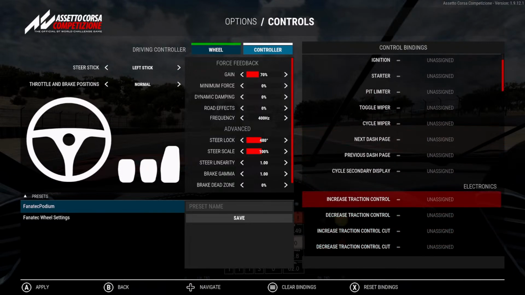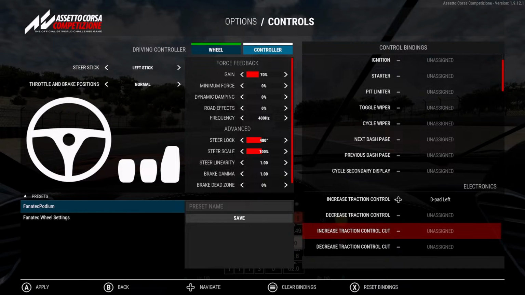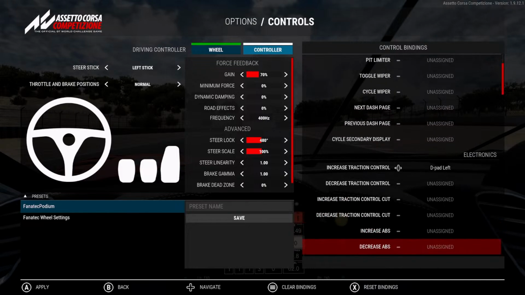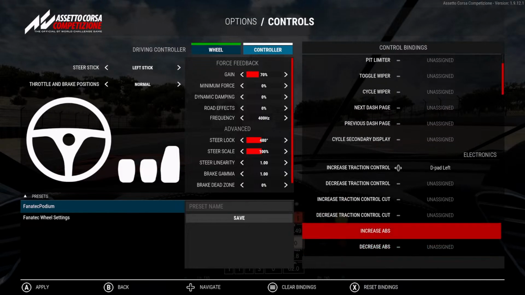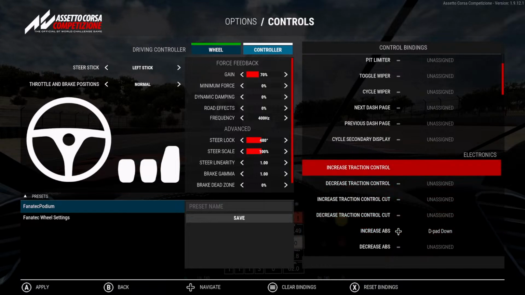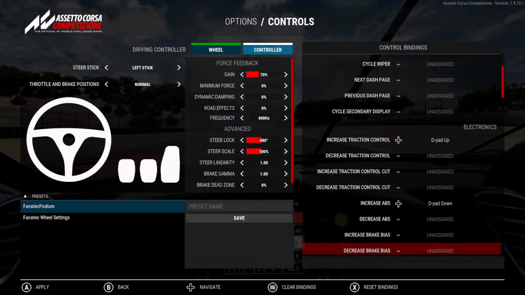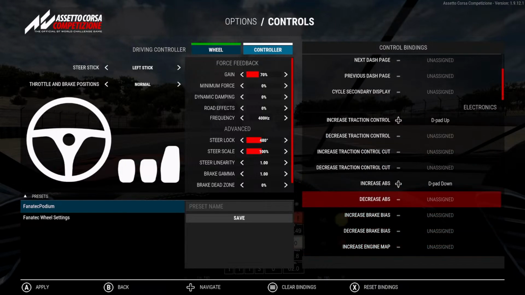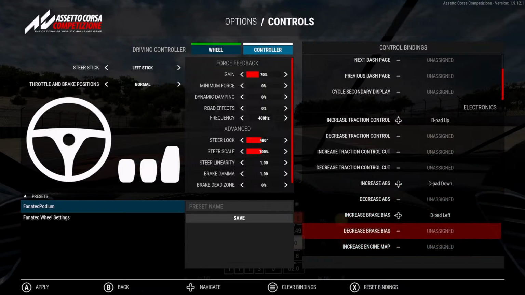Shift up, shift down. Select traction control. What's this? Pad left, increase ABS. No, down. Traction control up. Brake bias here.